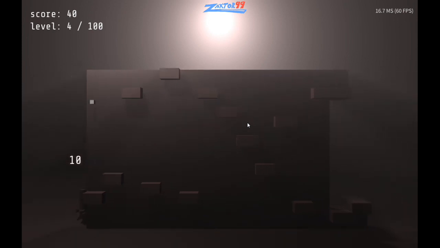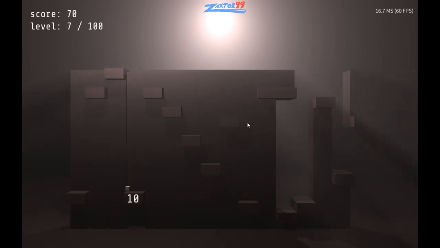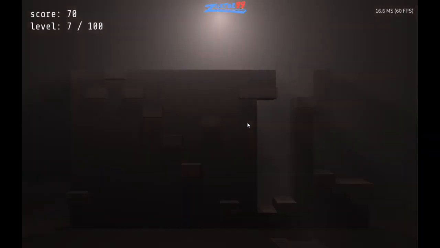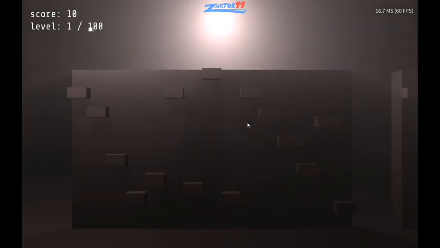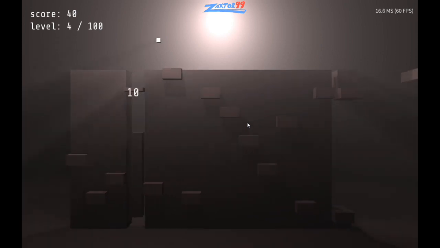Trying to figure out the difference between this mode and the endurance mode. Not sure. Maybe this one, I don't see a timer or anything, so it's not like you have a certain amount of time.